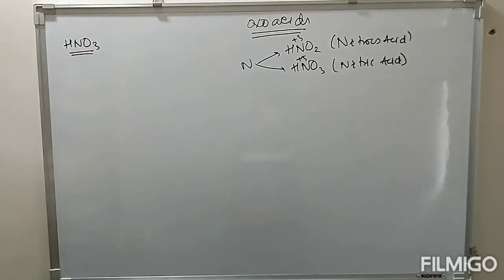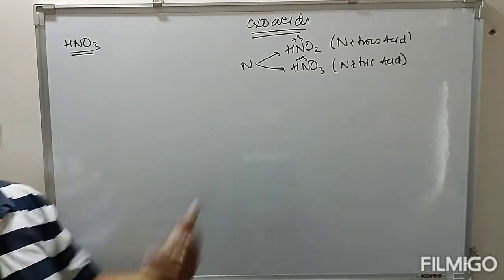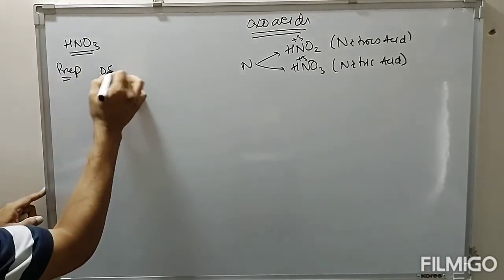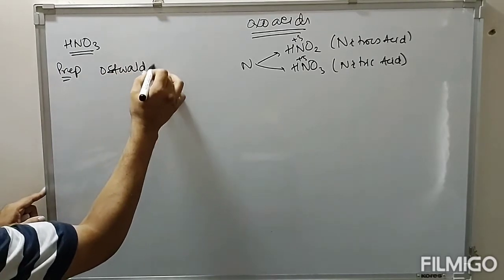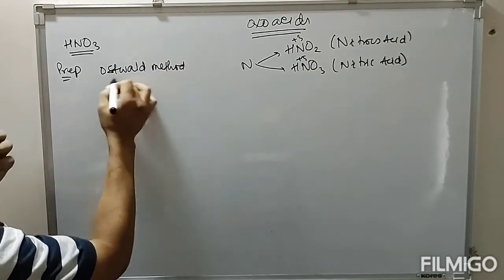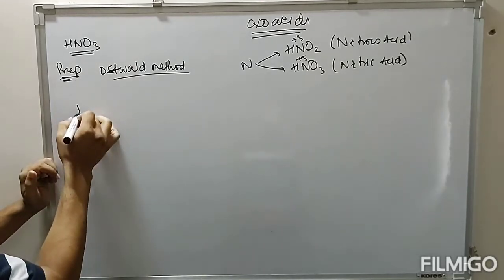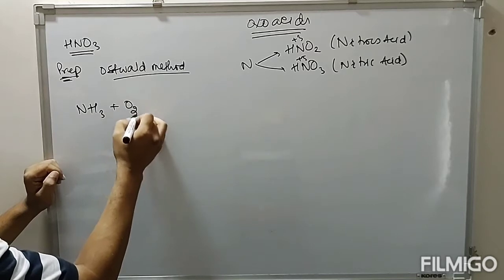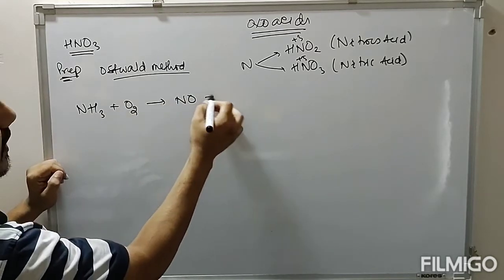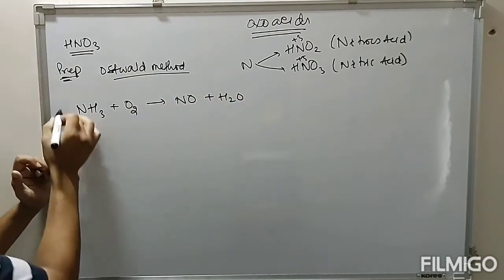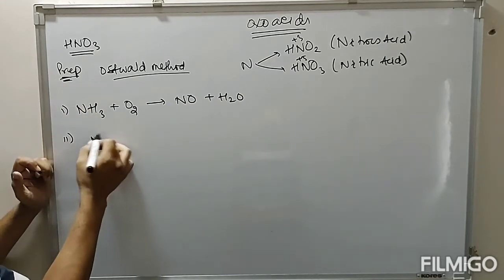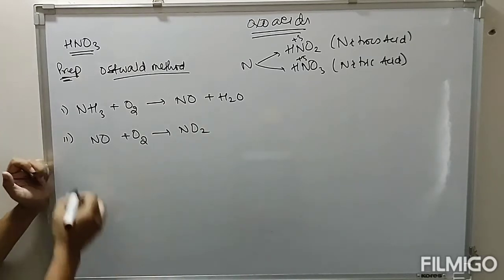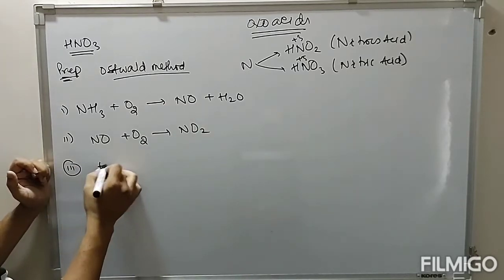Let me give you just some of the basic properties of this. Preparation, Ostwald method. So we have this. First we start from ammonia. Ammonia on combustion gives you NO, and second this NO further reacts with oxygen to give you NO2, and in the third step this